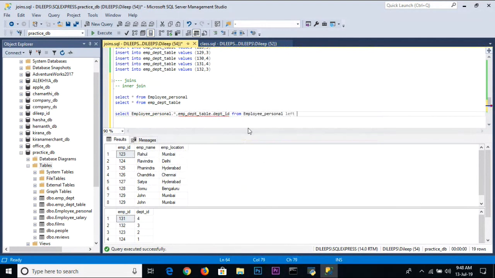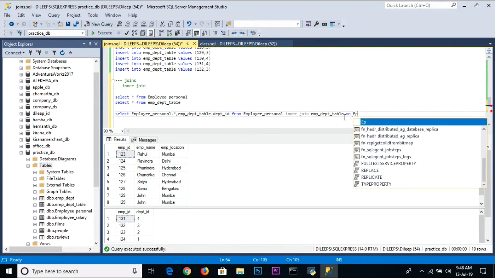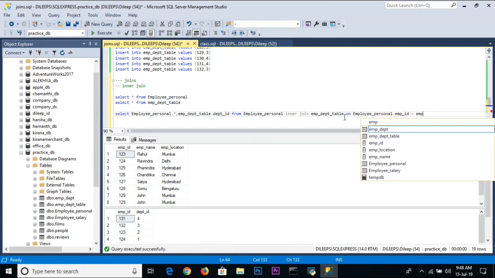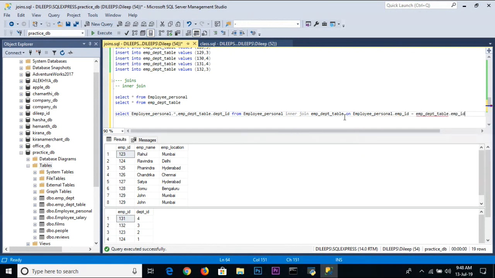Now we'll just join. Sorry, inner join. We are talking about inner join, right? We have to inner join with the employee department table. We want to choose on what basis we join the tables. On the basis of employee ID, right? So we can simply say employee personal dot emp id equal to emp department table dot emp id. If I execute this query,